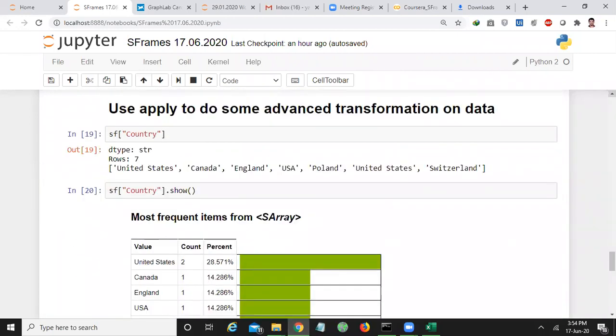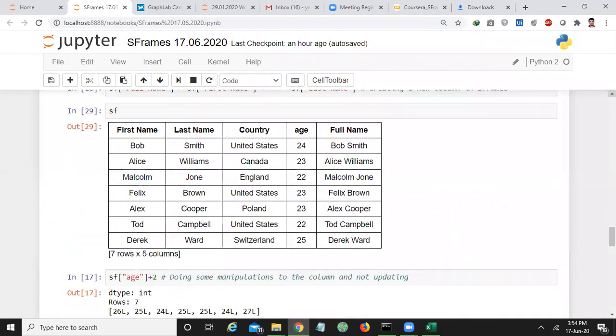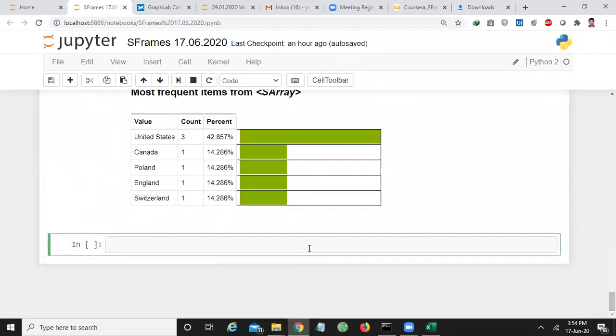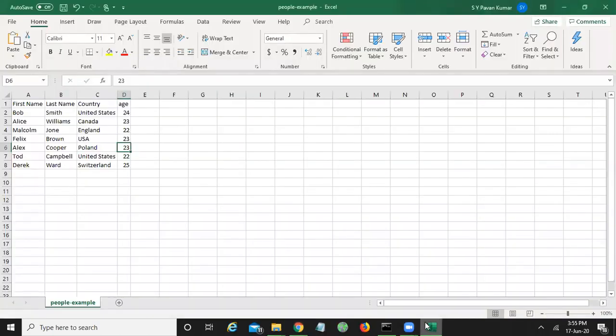As your friend said, I want to add one more column, that is sf of age type, for example. So how many records are there? 7 records, right?